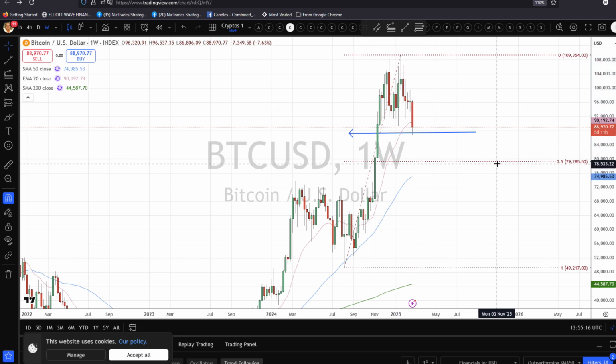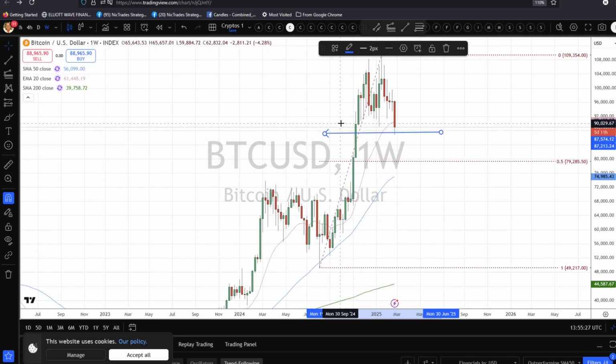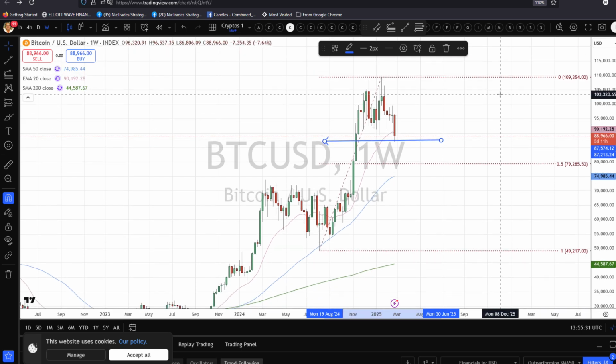This is not one of those levels where you go all in looking for new highs, but this is also not one of those levels where you want to short. I think we are definitely down here in the zone where, basically since November, the dips have been bought. And as we get to the end of the week, remember,